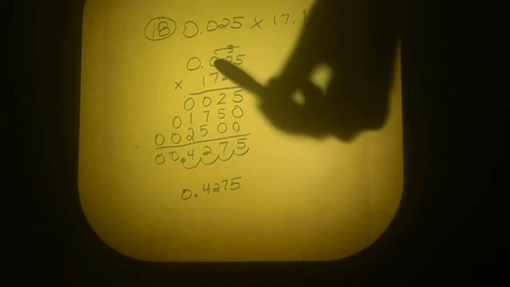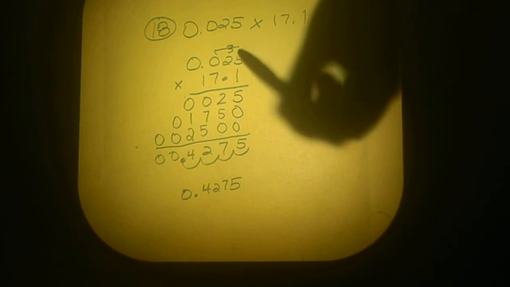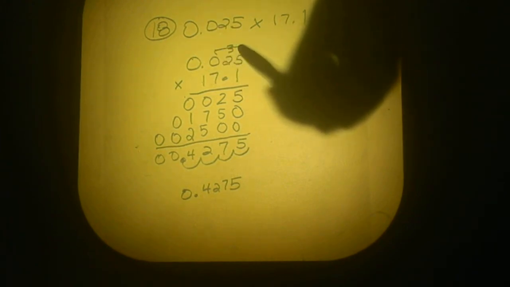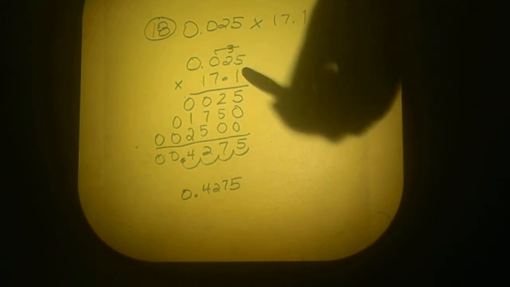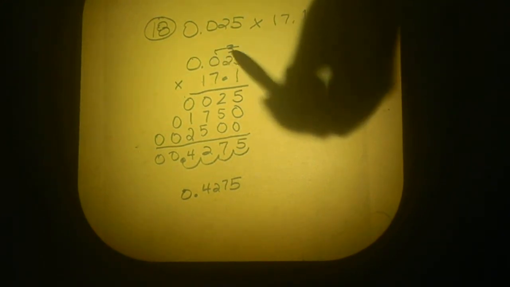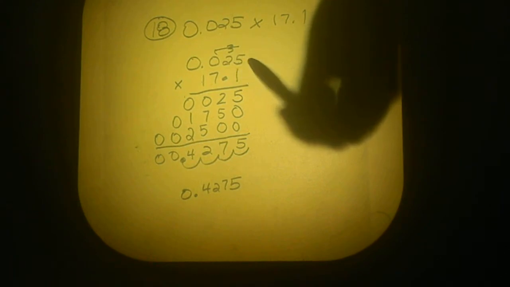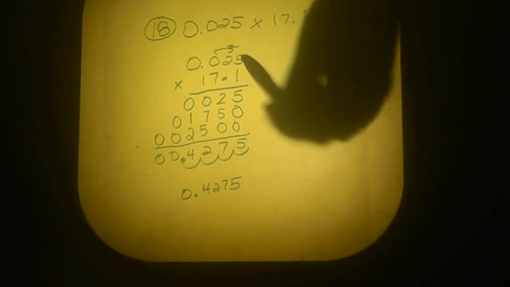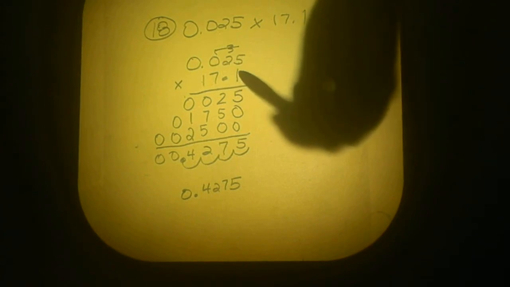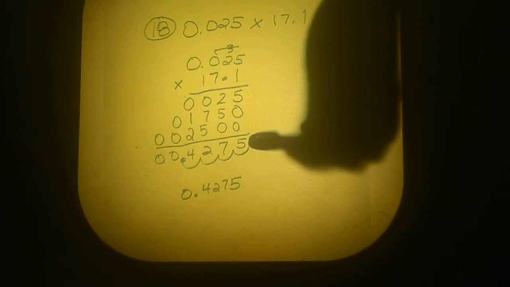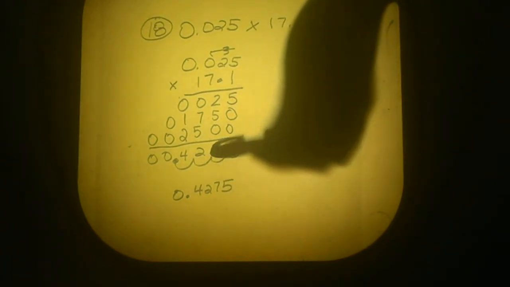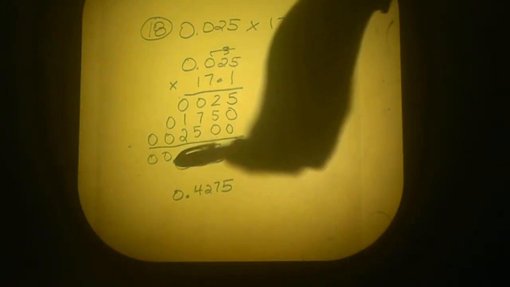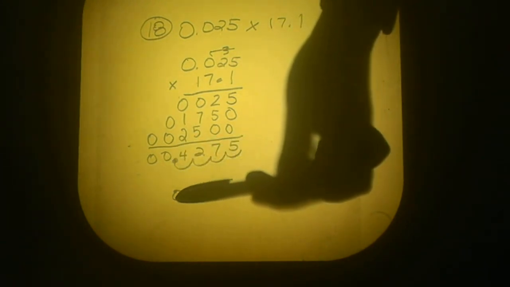004275. How many numbers? This is where I count all the numbers to the right of the decimal spot. There's 3 in this one, plus 1 here. Total amount of numbers to the right of the decimal spot, 3 plus 1 is 4. There are 3 numbers here to the right of the decimal and 1 number here, so that's a total of 4 decimal spaces. I'm going to start here, move myself 4 decimal spots. 1, 2, 3, 4. Place my decimal there, and here's my solution,